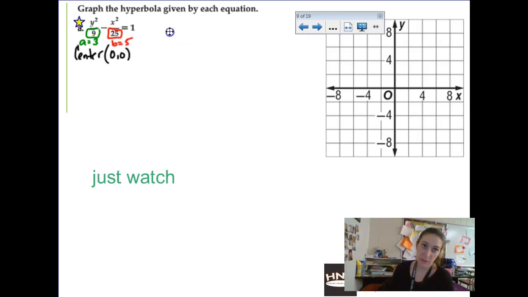And then I'm going to just go ahead and do a little side formula here. A squared plus b squared equals c squared. So if I'm trying to come up with the value for c, we will be doing the square root of,